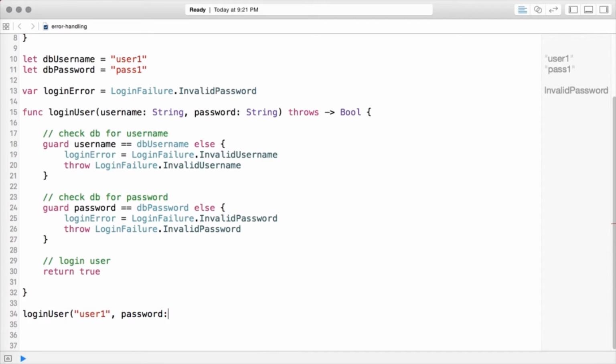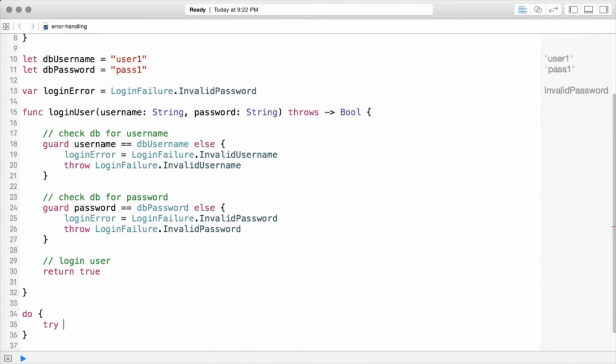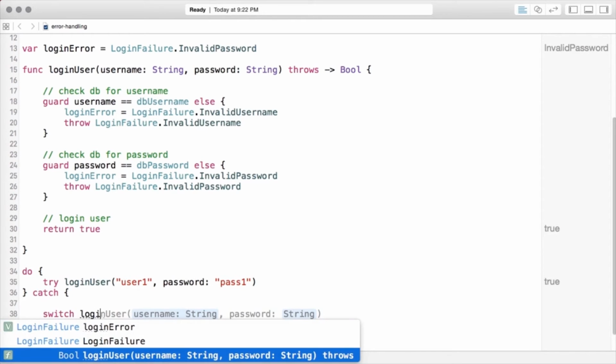We need to use what's called the do try catch statement. So basically, all that is we say do, and we open up a code block, and then we say try, and then we do the function. So login user, and then we'll put the correct details in here initially. And then we need to put a catch statement here to catch the errors. Now in this catch statement, we're actually going to switch on our login error. So we're going to say switch login error,